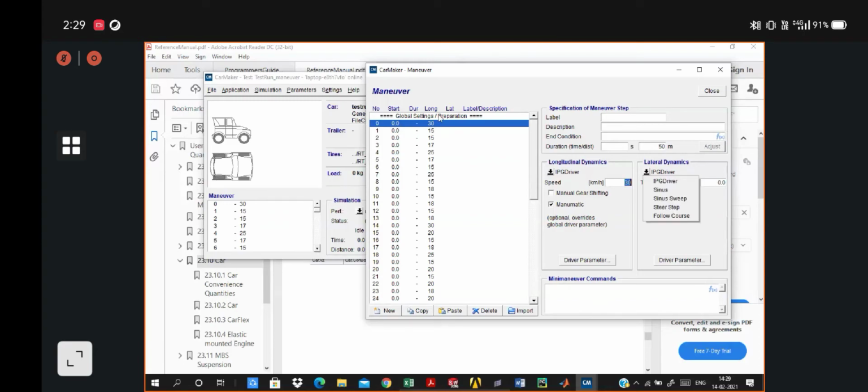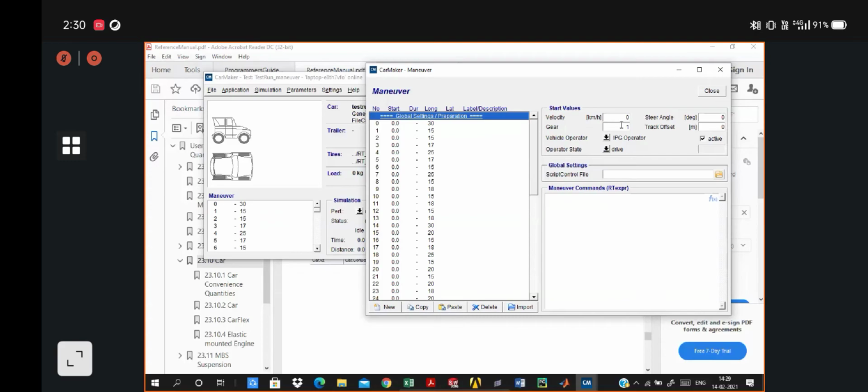You don't need to define any starting velocity or starting steer angle. The track offset would also be zero. For the vehicle operator, there should be IPG operator, and in the operator state, make sure you select the drive option.